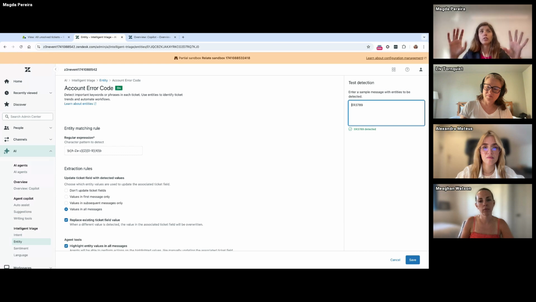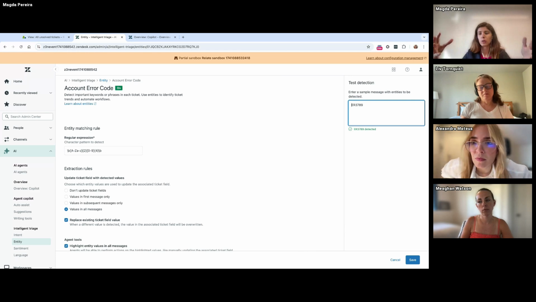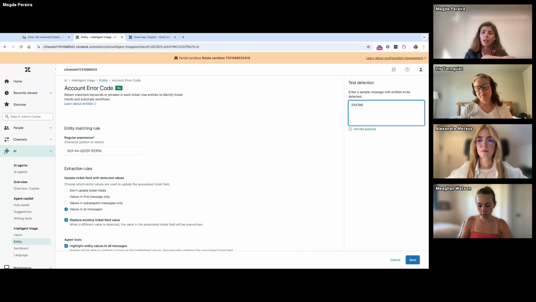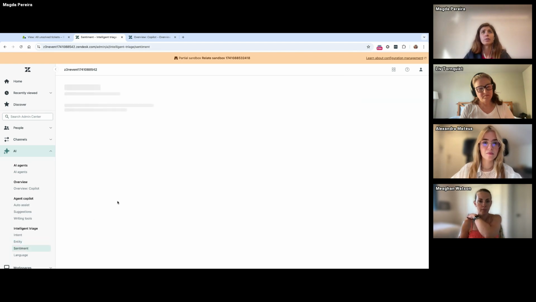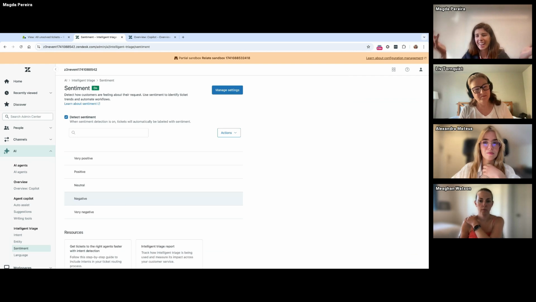Okay, and just for you to understand the line of thought here, what I want to show you in the end is that I will send an email for this account, where the customer is complaining about an error that they have in the account. They will place a specific error, and I want to be able to detect that intent and the error that is happening. And what is the sentiment of the customer? That's where we will go now. On the sentiment, basically, as the feature says, it is to detect how the customer is feeling about the request.